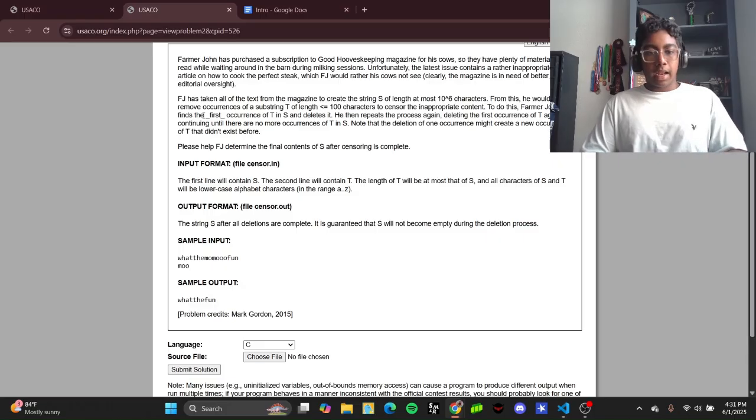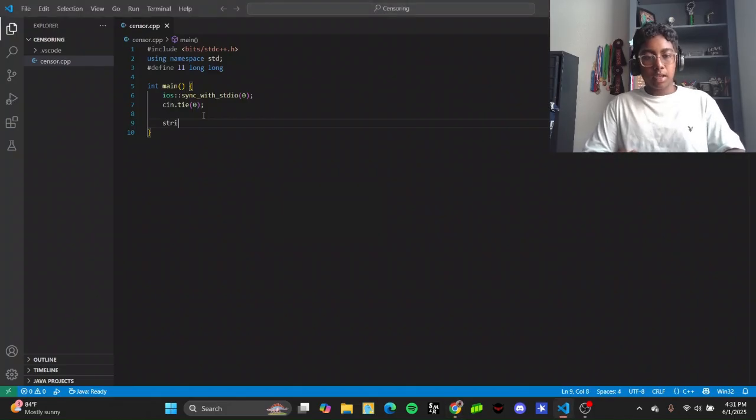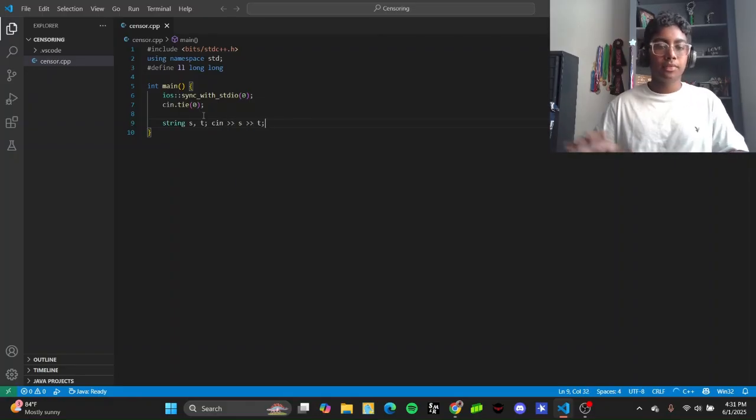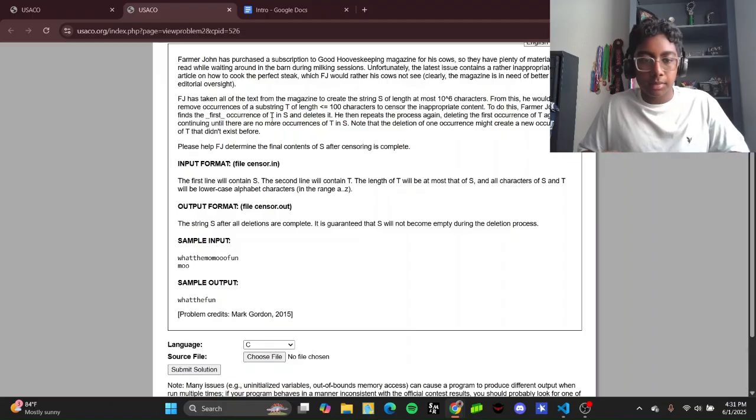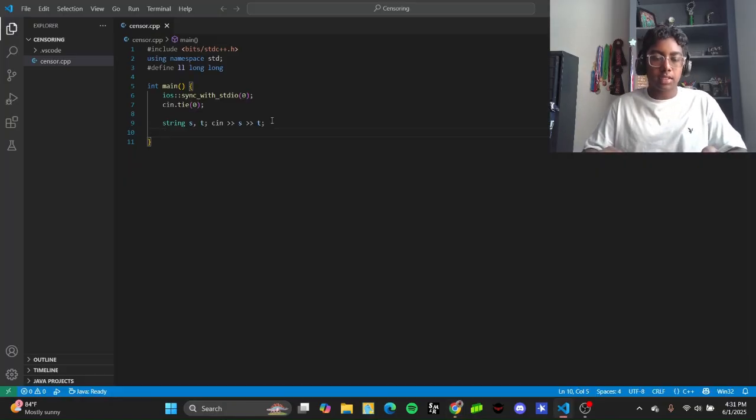Now, the input format is going to be that they'll give you two words, S and T. So S is the magazine, and T is the part they want you to censor. And what we can do is this. We'll have a string for our answer, like our final result,